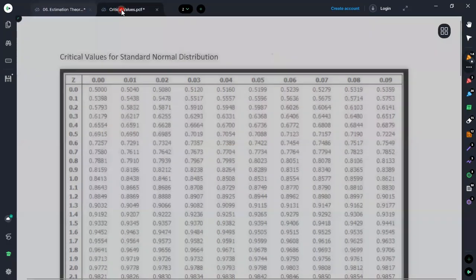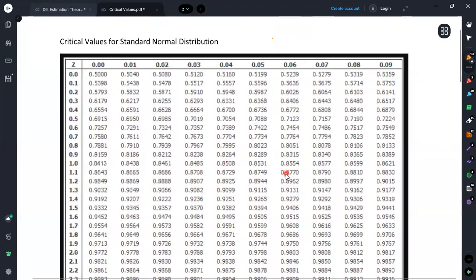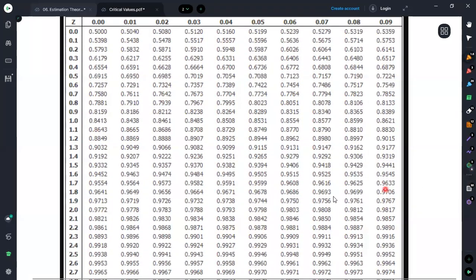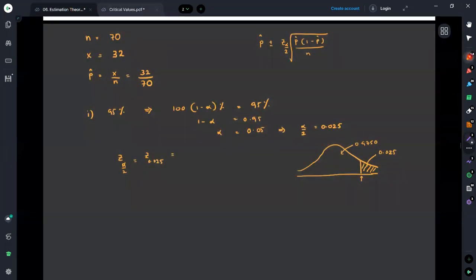0.9750. Using the critical values, we need to find where this 0.9750 is. We can see that it gives us the value for z alpha over 2 as 1.96. Here we can see the value is somewhere here, it is 0.9750. With the appropriate row value and appropriate column value, we can get it as 1.96. Then we can simply use that value as 1.96, and we can now obtain the value for this 95% confidence